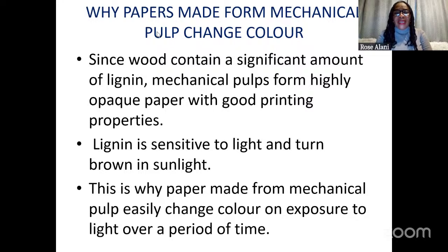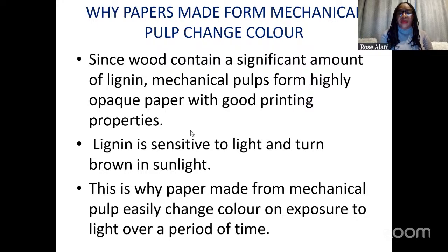This is why paper made from mechanical pulp easily changes color on exposure to light over a period of time, because of the presence of the chromophore in the lignin. In short, because the lignin is not removed, and chromophores are present in the lignin, with time, exposure to oxygen and light, the chromophore forms back